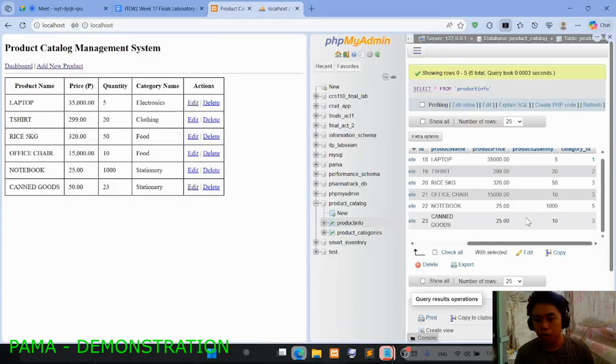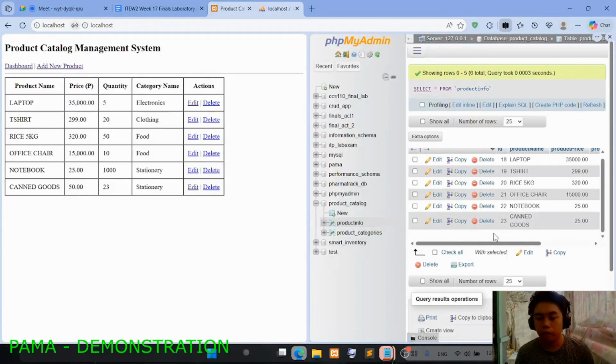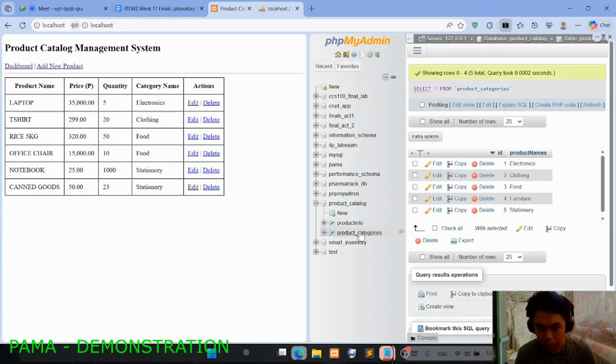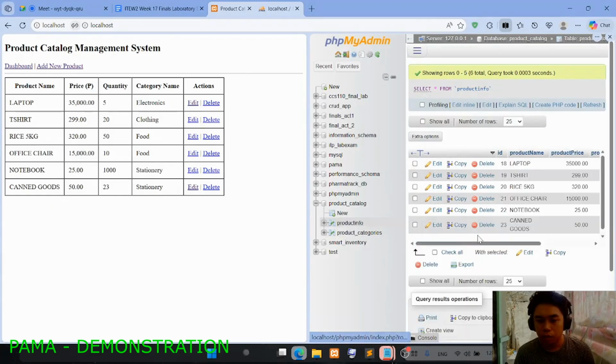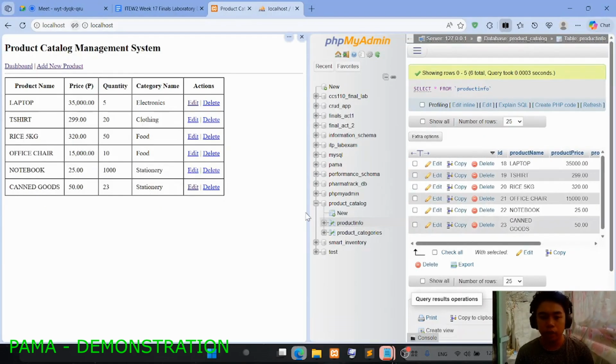Then we go right here, and the old data for the canned goods remains. After refreshing the product info, as you can see, the updated data is reflected in our database.